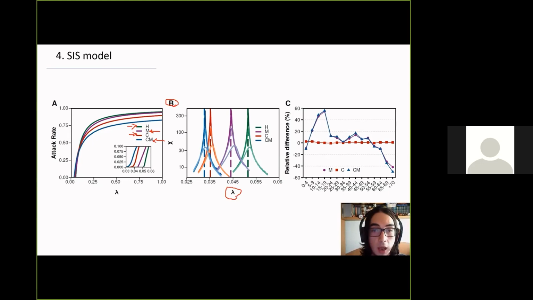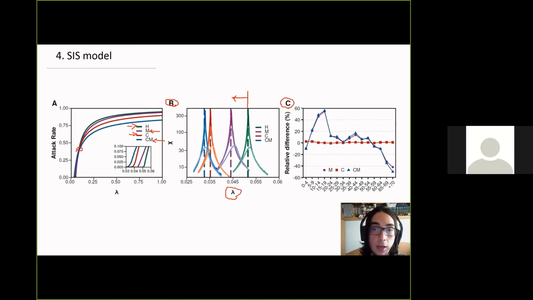This is the transmissibility. As you can see, for the homogeneous mixing, we have this epidemic threshold. Once we start to add more heterogeneity into the population, the epidemic threshold tends to fade out, as we knew from network epidemiology. On the other hand, if we focus on the prevalence by age group, here we are considering a scenario where more or less the prevalence is the same for the whole population. It's around this point, regardless of the model.